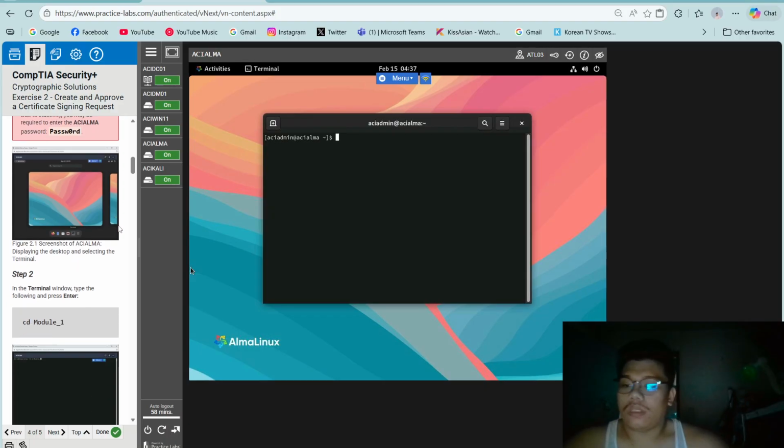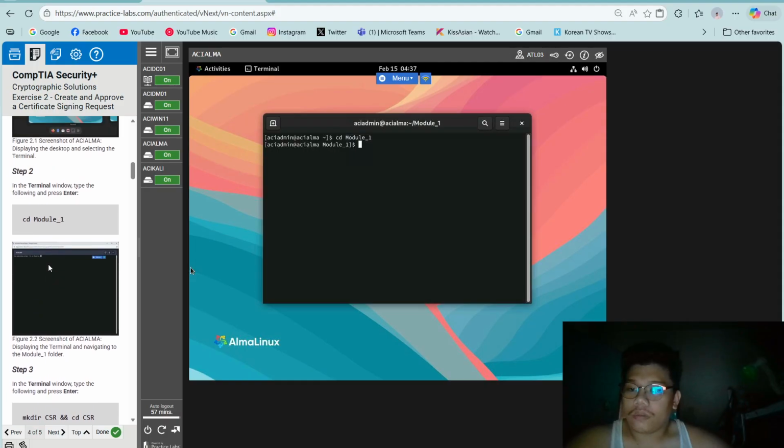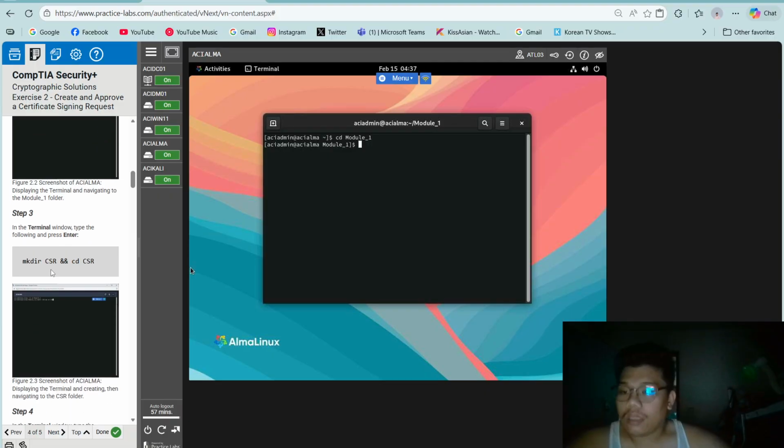Step 2. cd module_1. Enter. Oh, step 3. So type this: mkdir csr, cd csr.